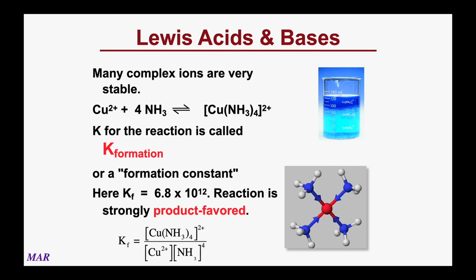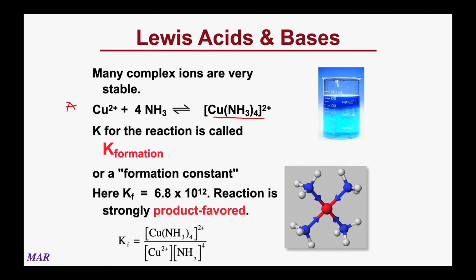Complex ions are very stable, like we talked about, and they baffled scientists for a long time. You can have an equilibrium constant for the formation of a complex ion. It's called a formation constant. It's given the symbol K sub F. If you have a Kf expression, how do you build it? The complex ion is the product. So in this case, if we wanted a Kf expression for this reaction,